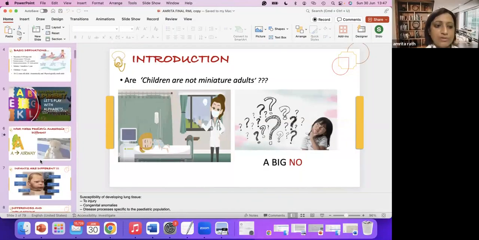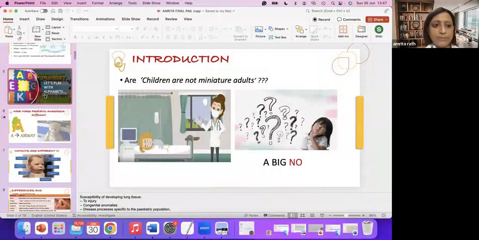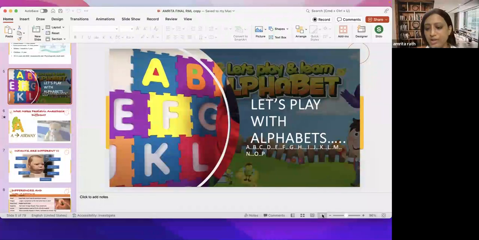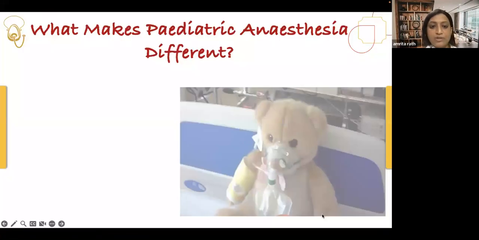Okay. So we'll start with how a pediatric patient is different from an adult. We will remember it with the mnemonic ABCD. So first is airway. The first question that comes is how a pediatric airway is different from an adult airway. Here you have to remember the pediatric airway refers to age up to 8 years. After 8 years, it is no more a pediatric airway, it is an adult airway.